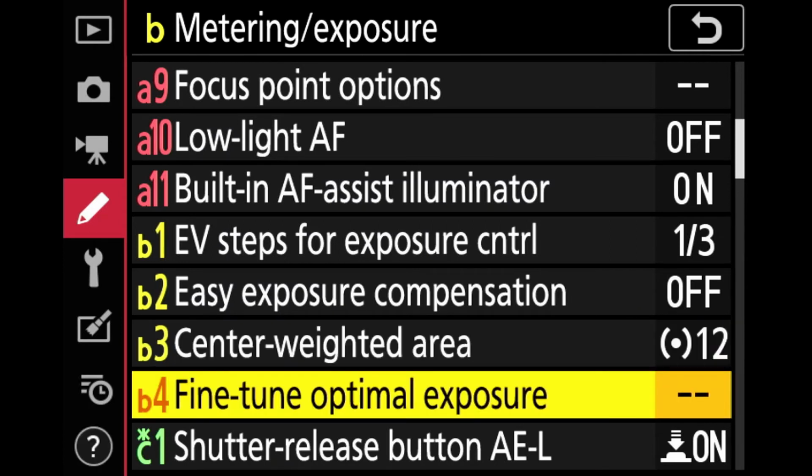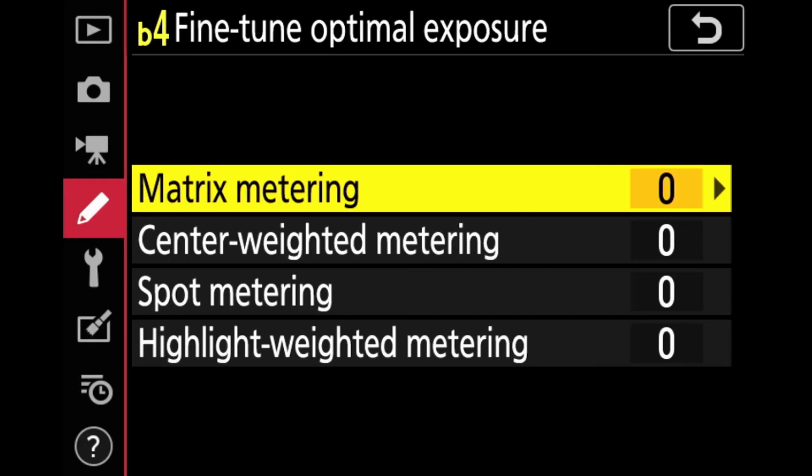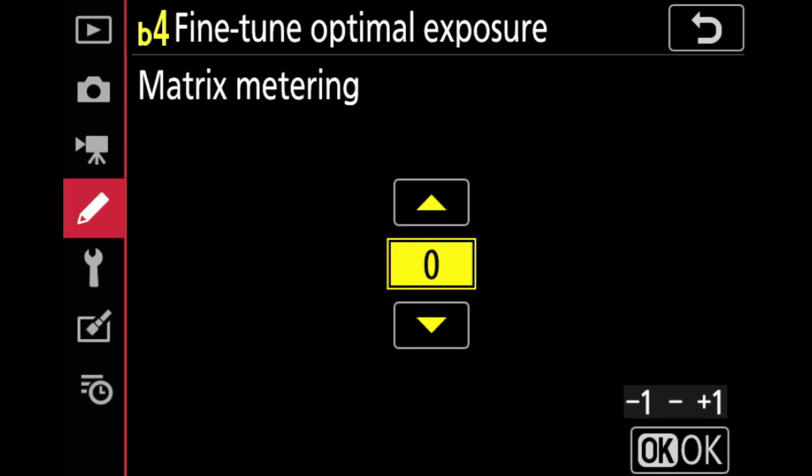Then fine tune optimal exposure. If you want to fine tune your exposures, you can keep it on yes, and this function allows you to compensate the metering by a particular stop of exposure. For example, if you are feeling that your matrix metering is not giving you the proper result, you can fine tune your exposure compensation right from minus 1 stop to plus 1 stop with an increment of 1/6 stops.